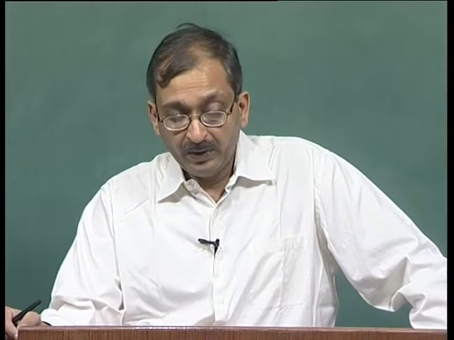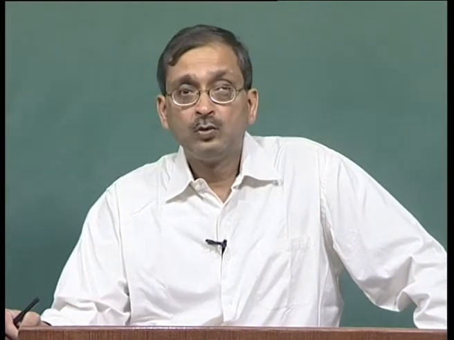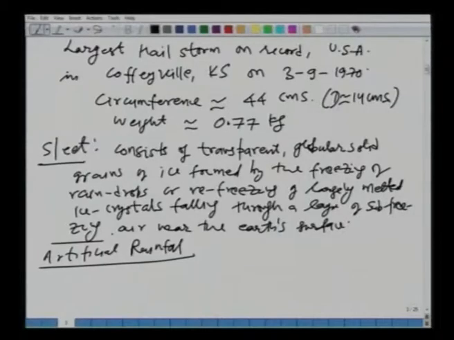So, what many researchers have tried to do is, they have artificially tried to inject nucleating agents into the clouds, because there is no nuclei, so the condensation of the water vapor does not take place. So, artificial rainfall is nothing but a process